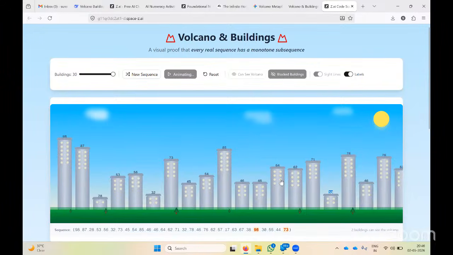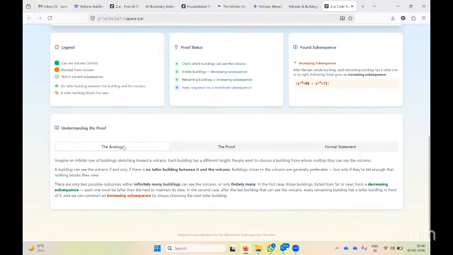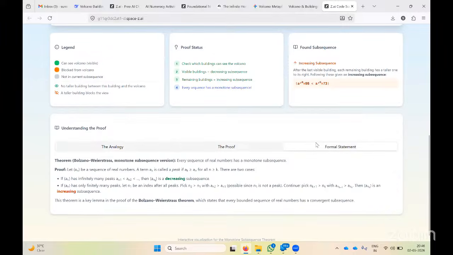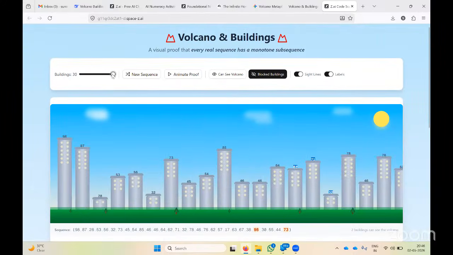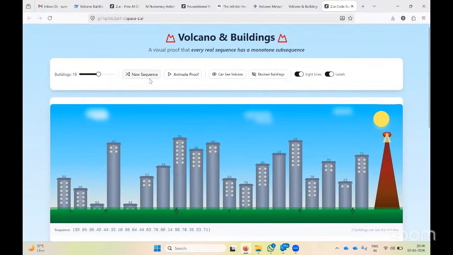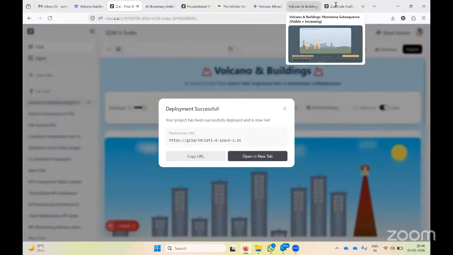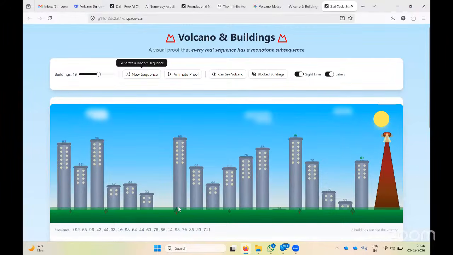So you can understand things now in an easy way. You don't need to purchase or heavily use anything; a simple analogy will work. You can always create a new sequence. DeepSeek has created a simple one in quick time, whereas this GLM, which actually outperforms, has done it in a better way. You can just explore. I have not even seen this; I just opened it in front of you.